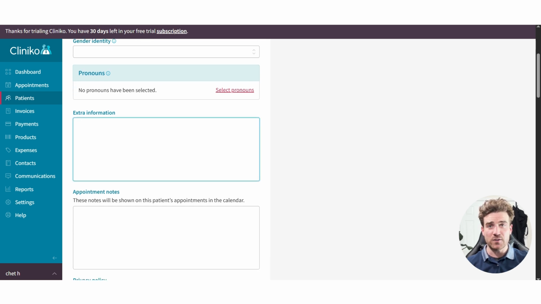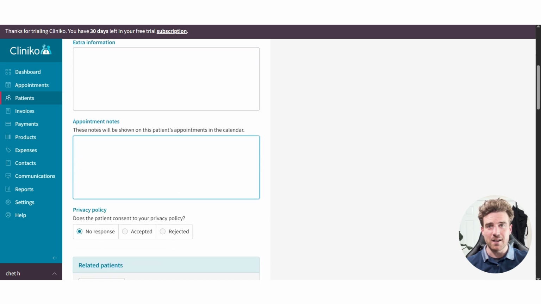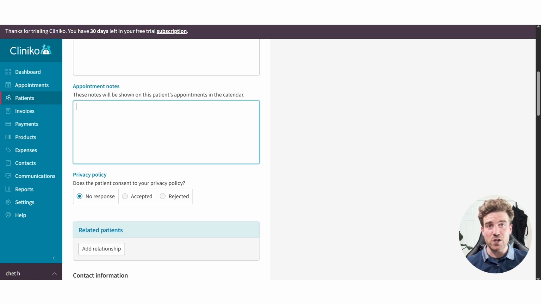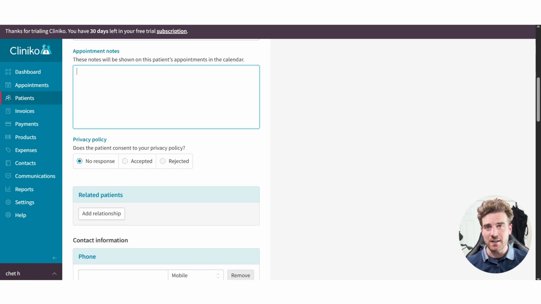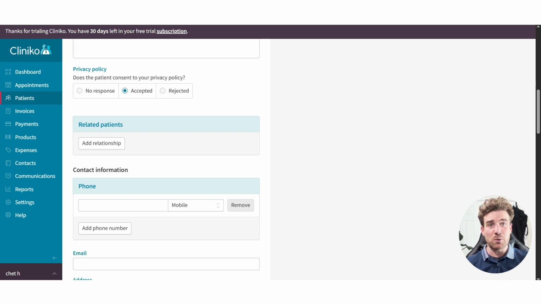Under appointment notes, you can write details that will show up when this patient's appointments are viewed. There is also a privacy policy section where you can indicate whether the patient has accepted, rejected, or not yet responded to the clinic's privacy policy. Next, you'll find the Related Patients section, where you can link this patient to family members or others who are